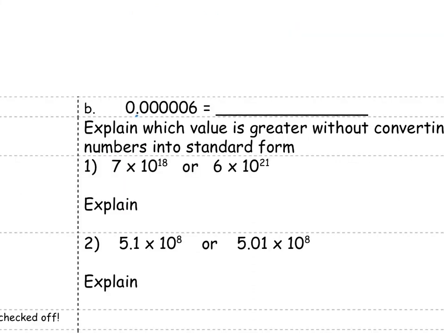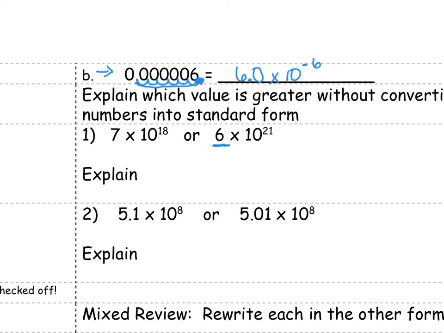So for this problem, we know we have to have only one digit in front. So the decimal is going to move all the way down. I like to put a 0 after. If you just had 6, that's completely fine, like I do here. So times 10 to the what? Well, this is a very small number. So we know we're actually going to need to multiply by a fractional part. So we had to move the decimal 1, 2, 3, 4, 5, 6 places. So it'd be times 10 to the negative 6. Because remember, that negative exponent means that it's a fraction.